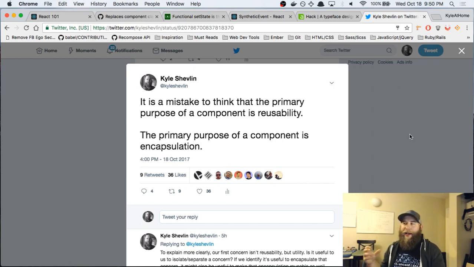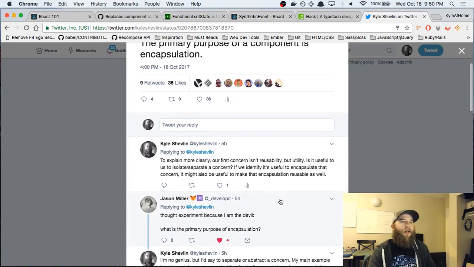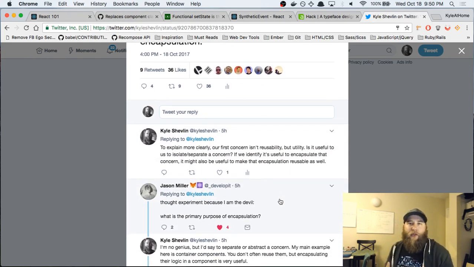So if I don't have that repeated, that doesn't mean this component isn't useful because it's not reused. Its usefulness is that we've separated and encapsulated an abstraction and a concern, right? So the primary thing to think about when you're making a component is, to explain it more clearly, our first concern isn't reusability, but utility.